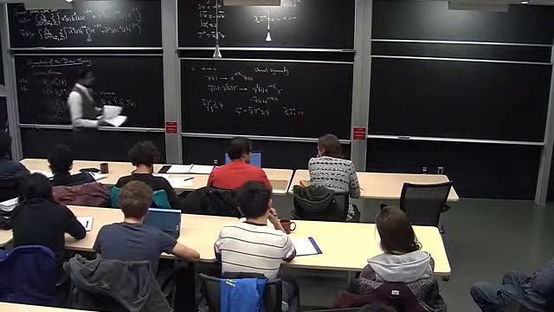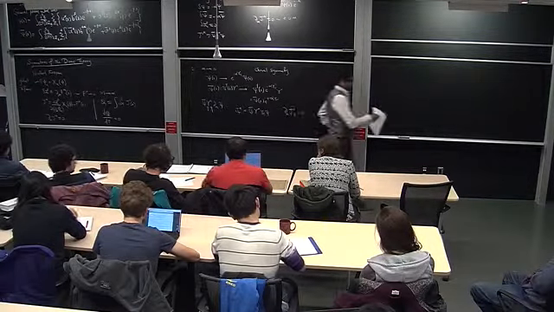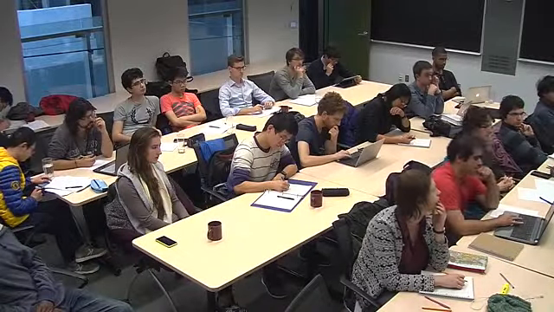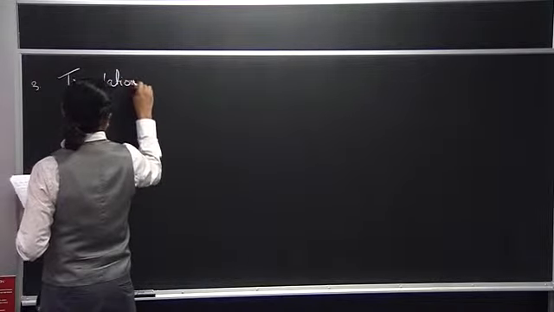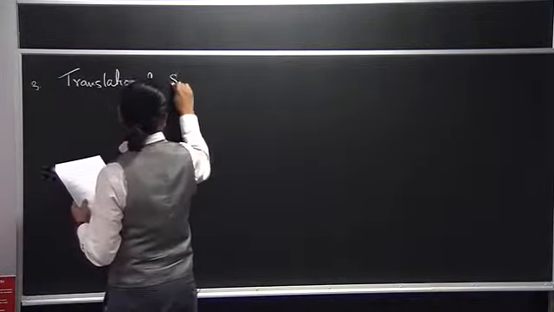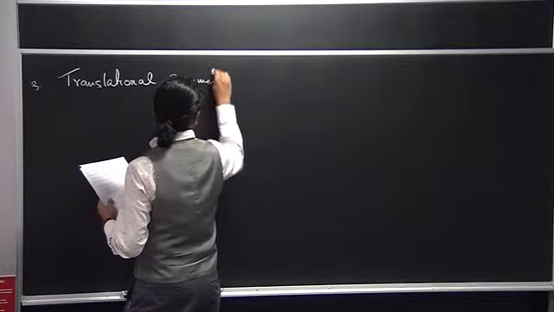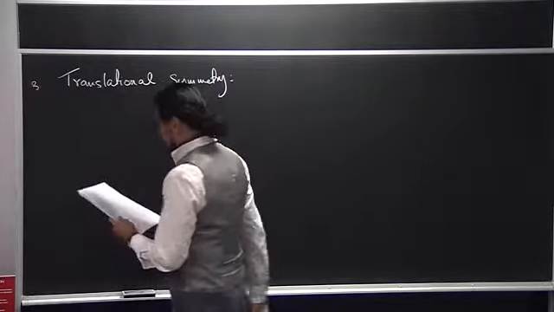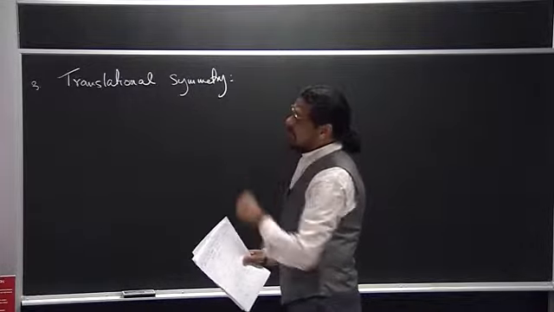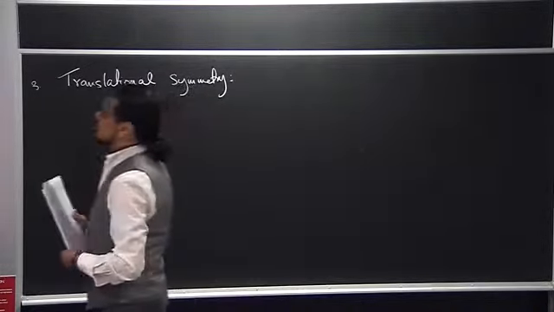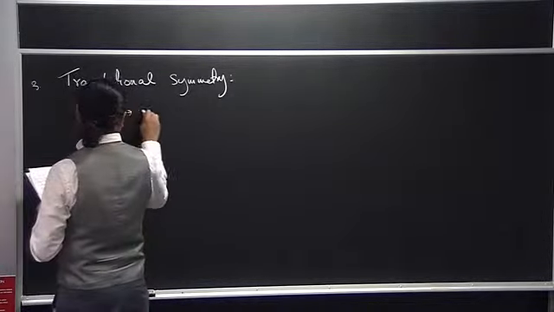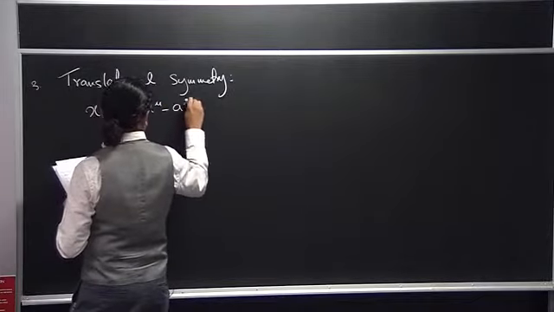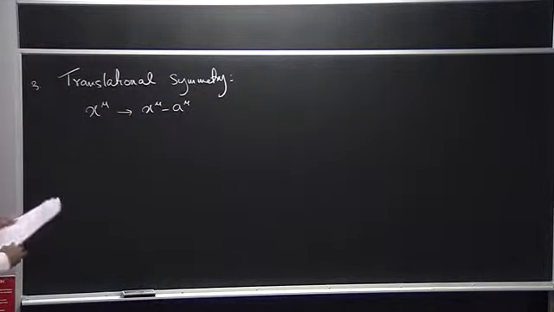Okay, so other important symmetries of the Dirac Lagrangian. Translational symmetry. The Dirac Lagrangian doesn't have any explicit dependence on space or time coordinate. So if we make an infinitesimal, well, even a finite shift in space or time,